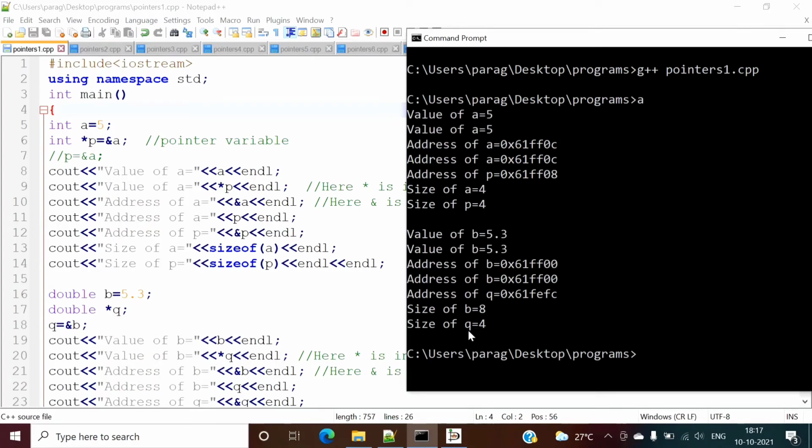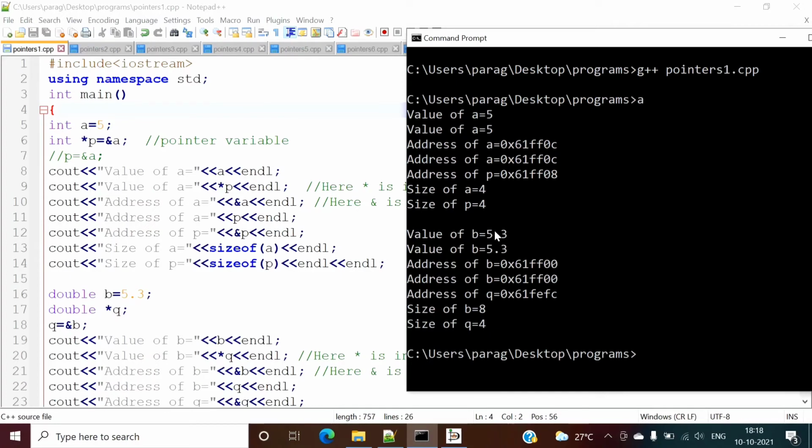Because Q is a pointer variable, Q will have an address and the size of an integer variable, and that's why the size of Q is also 4, the size of P is also 4. P is a pointer variable, that's why its size is 4. Q is also a pointer variable, that's why its size is 4. Whatever it is, P has the address of an integer variable, Q has the address of a double variable, but pointers will always have a size equal to an integer variable.